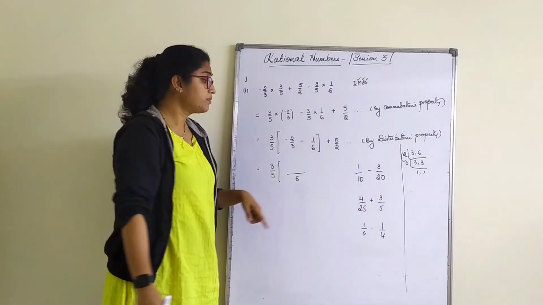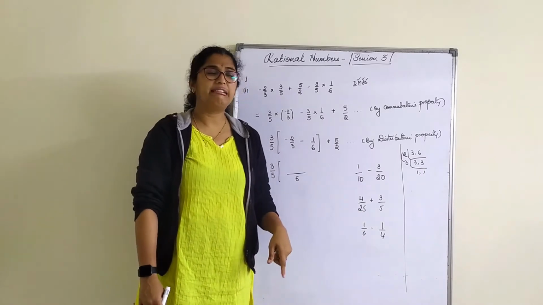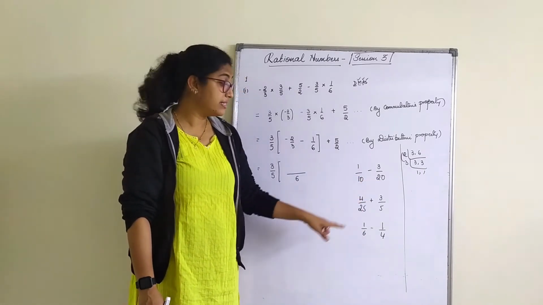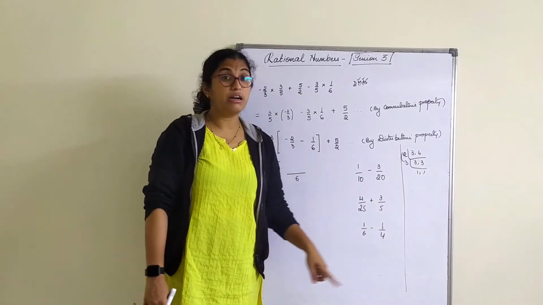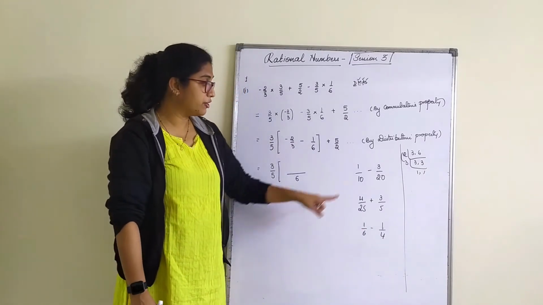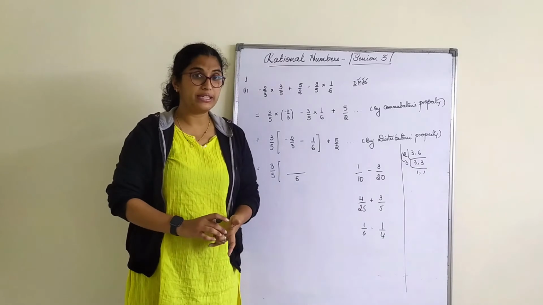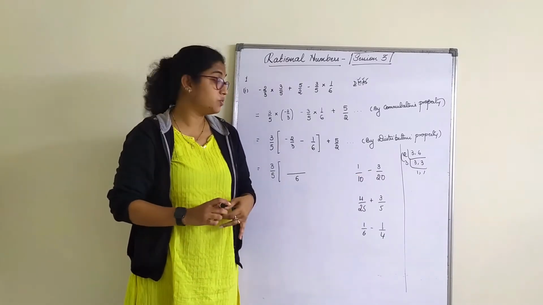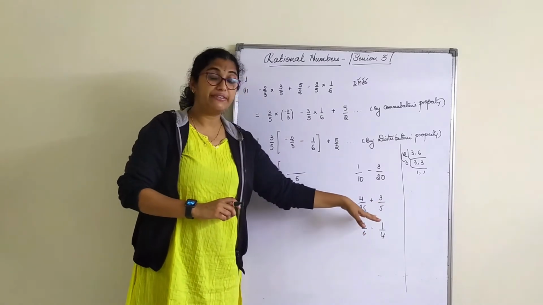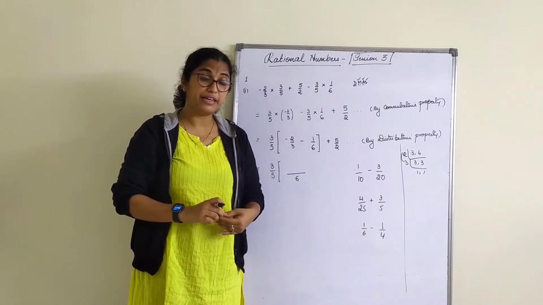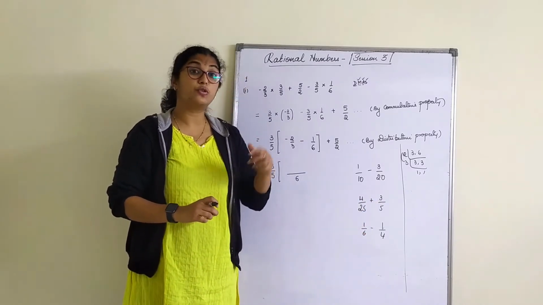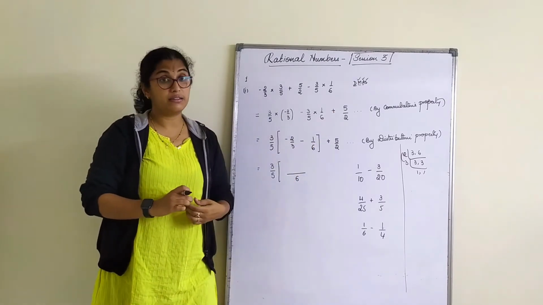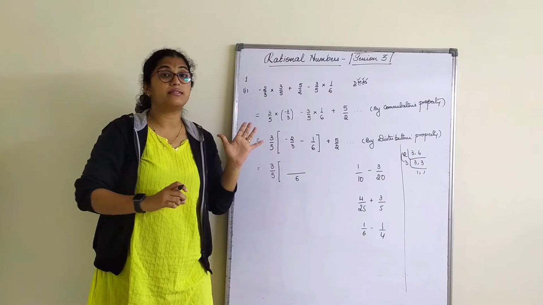Okay, fine. For 10 and 20, I'll directly tell the LCM is 20. For 25 and 5, I'll tell the LCM is 25. For 6 and 4, I can't be doing that. Why? Because when I look at 10 and 20, is 20 a multiple of 10? Yes, 10 ones are, 10 twos are. 25 and 5: is 25 a multiple of 5? 5 ones are, 5 twos are, 5 fives are. That means when a number is a multiple of another number, the greater number is the LCM.